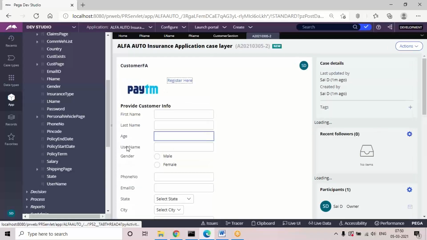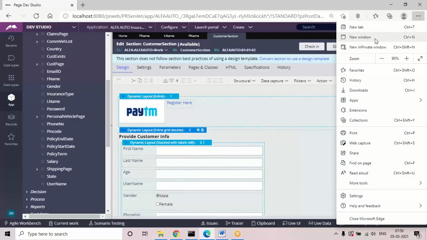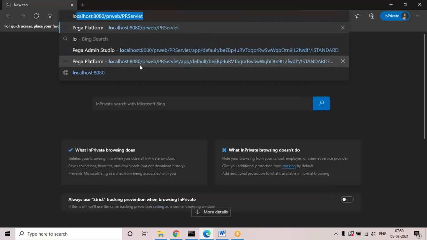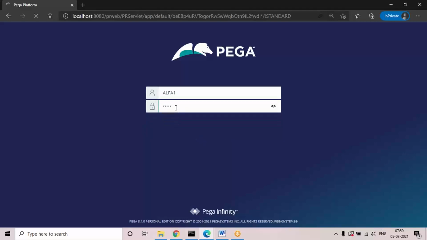You can see the username in my id because the rule is saved in my personal rule set. But if I try to execute the customer flow from the alpha 1 id, this is the other id for the same application, the other developer id who has access to the same application.